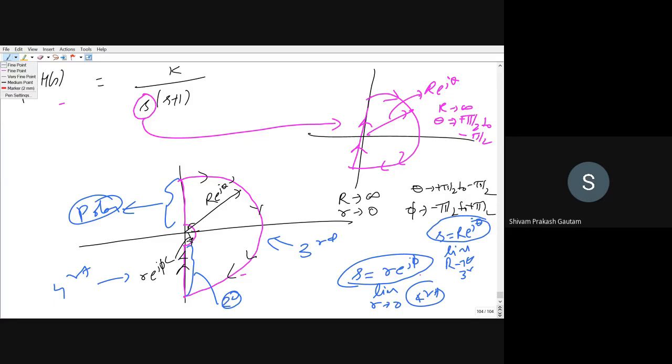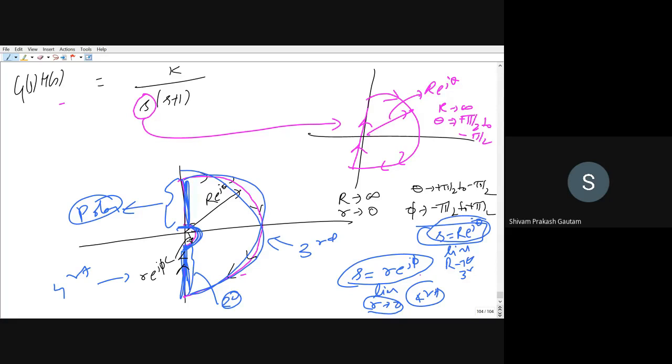You can see if you see this plot, there are 4 parts. This is my first part. This is the polar plot. This is my second part. This is the mirror image of the polar plot. This is my third part. This you will plot by putting s is equal to capital R e to the power j theta. And the fourth part is this smaller circle, which is small r e to the power j phi, where r tends to 0. That is, the smaller circle radius is tending to 0. Capital circle radius is tending to infinity. Okay, sir. There are 4 parts, right?